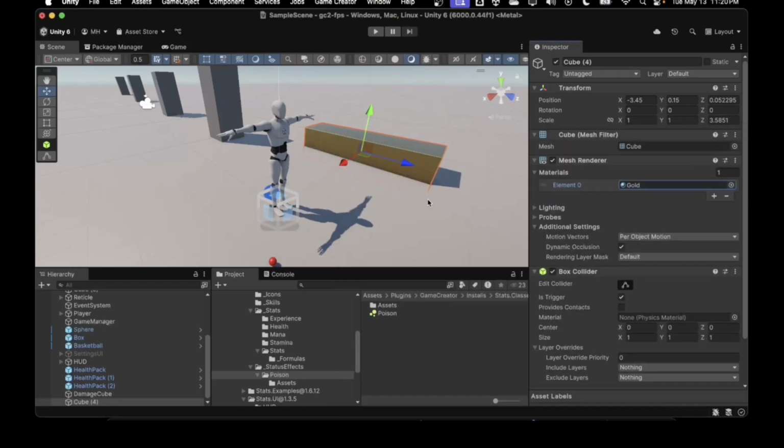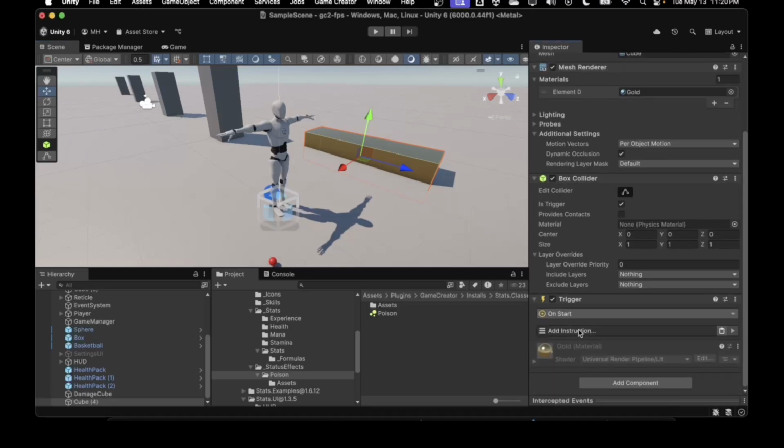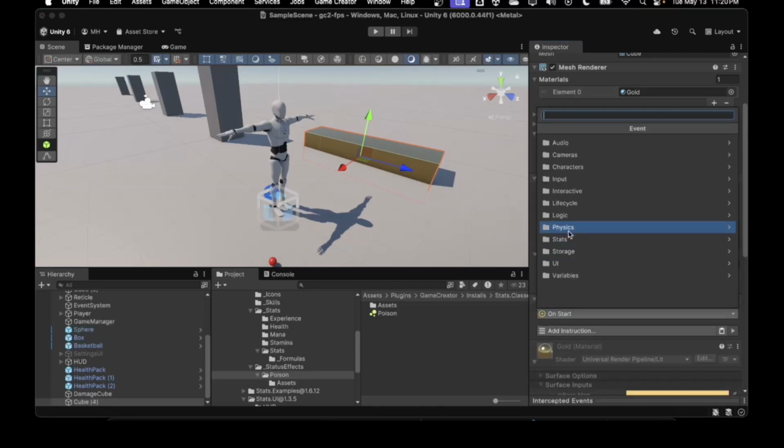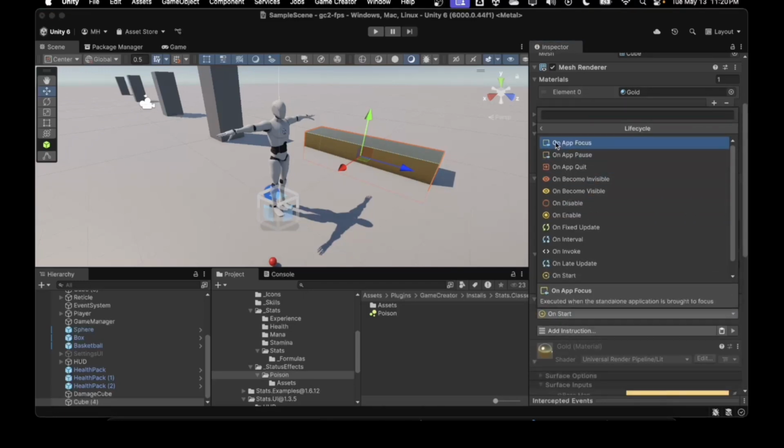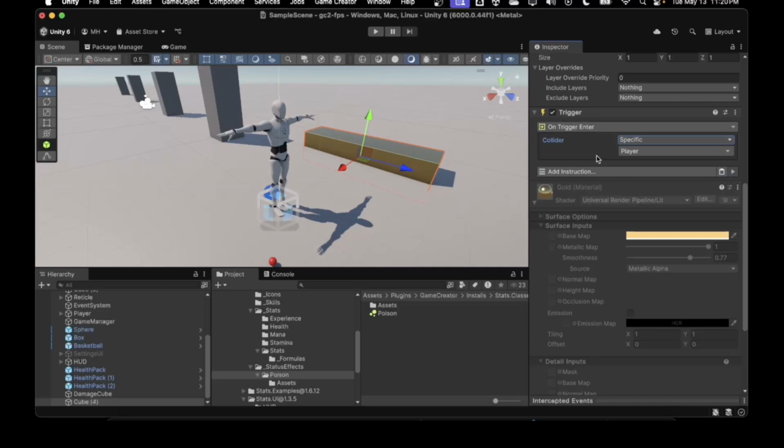We'll make it gold, and then we just add a trigger here. On trigger enter, physics on trigger enter. So if the player enters